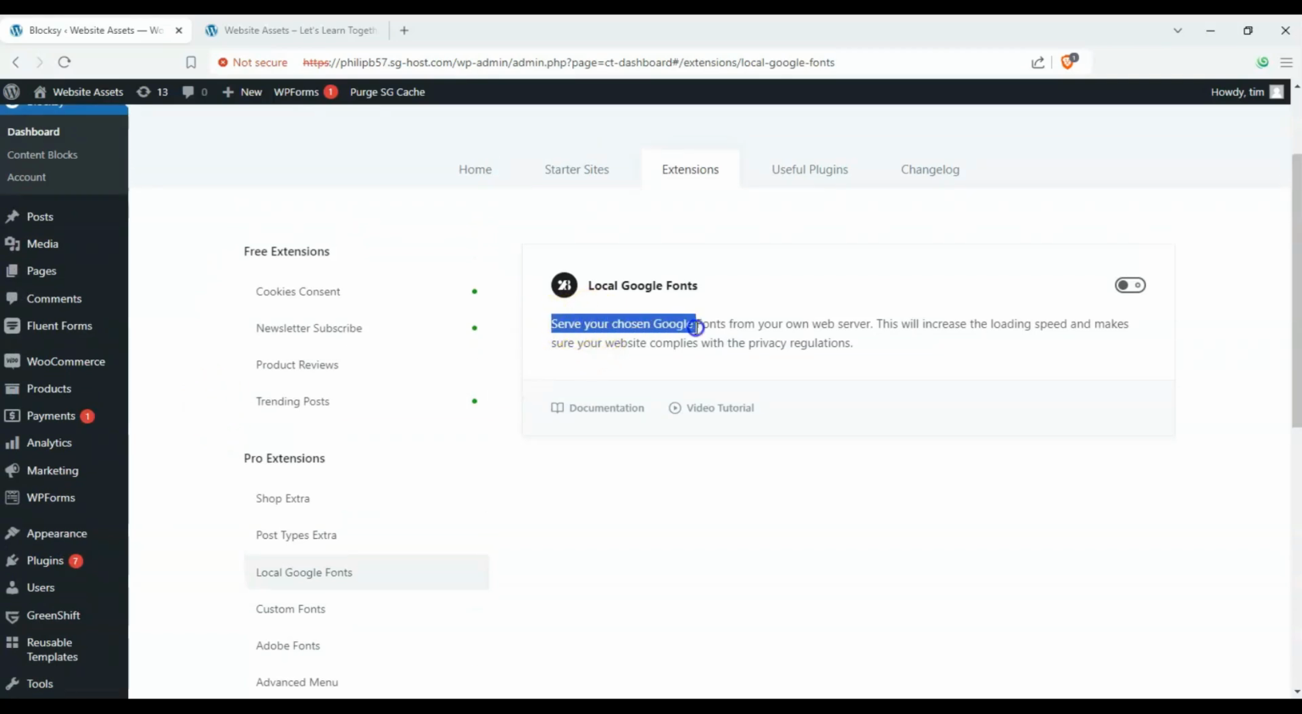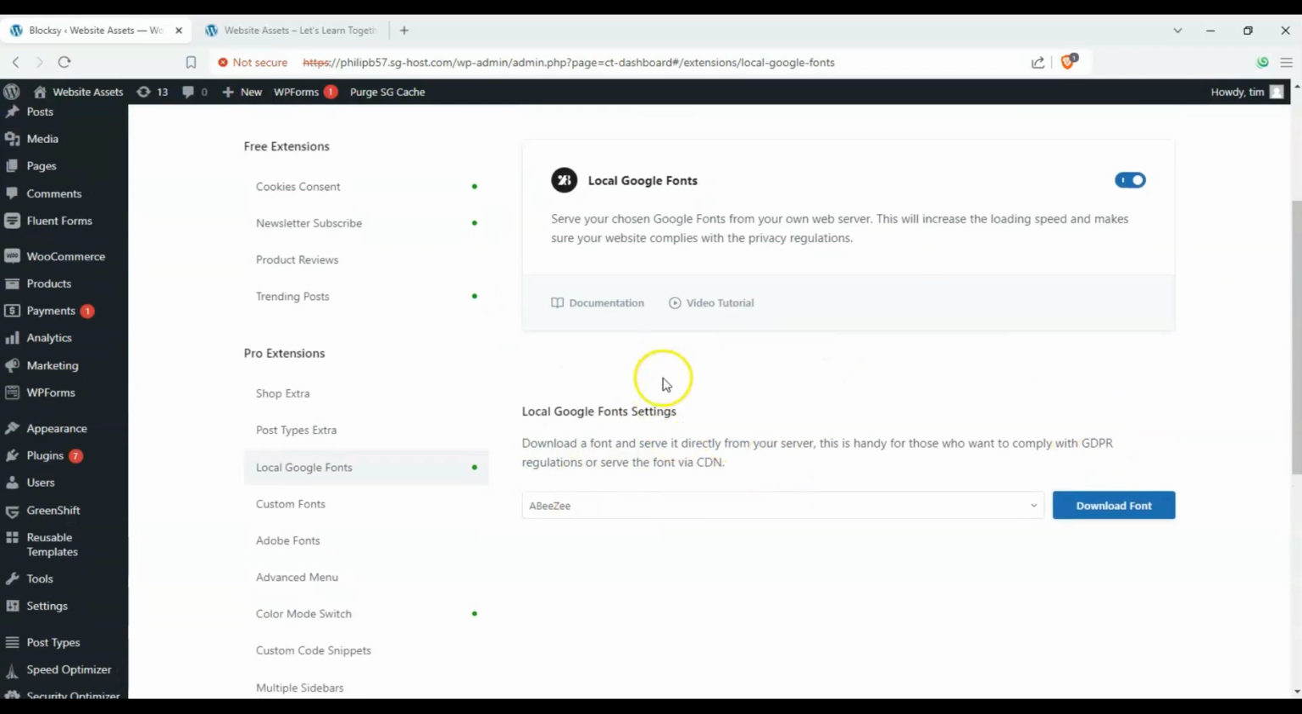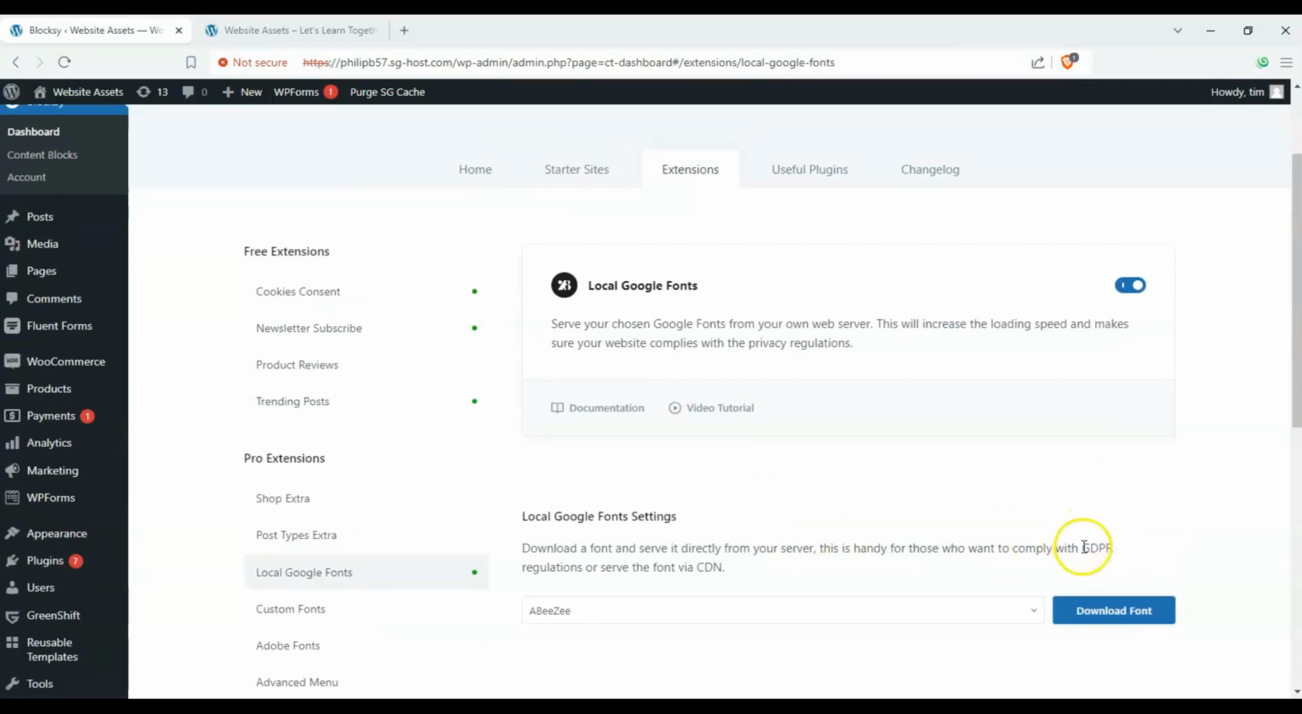We will serve our chosen Google fonts from our own web server. This will increase the loading speed and make sure your website complies with privacy regulations. And you can see here, we can download the fonts locally and host them from our server. Not only does it comply with GDPR regulations